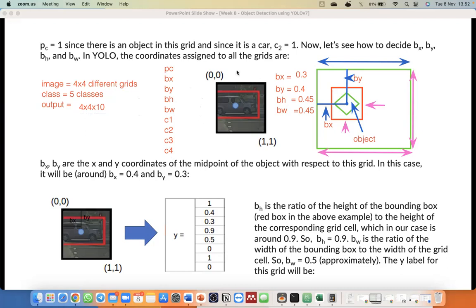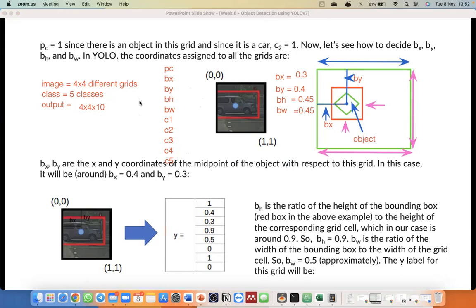C1, C2, C3, and C4 ya. And C5. Oke. Nah, jadi tiap satu image itu outputnya menjadi vektor dengan ukuran 16 kali 10 ya. Kalau kita menggunakan YOLO itu outputnya berupa vektor.